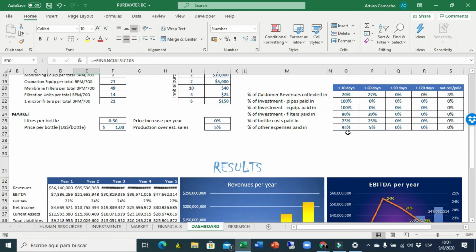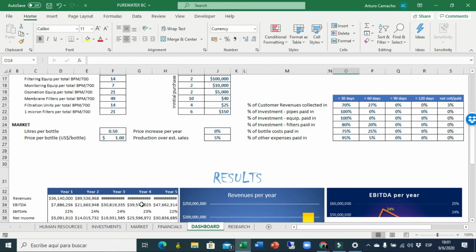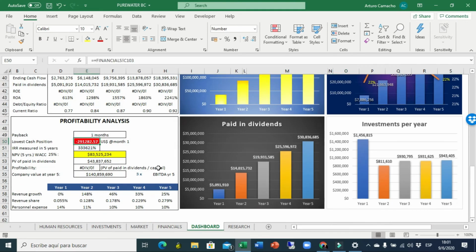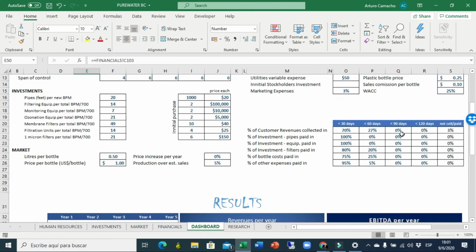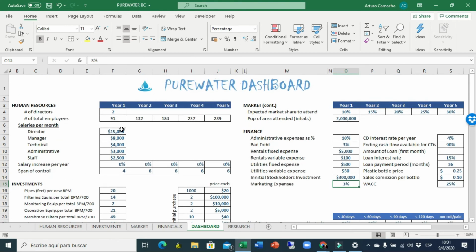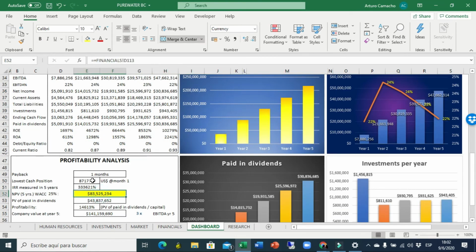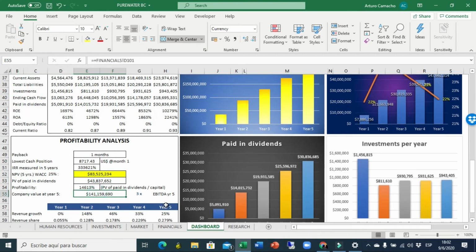Okay, so now let's forget about the loan or everything we did here, and whatever we asked to the investors, and see what is our cash position. So as you see, you need $300,000. That's all, and we're not going to ask anything to the banks. So we kept the 2 directors, the amount of employees, the inefficiency of our managers. With all that, our company is growing. So right now we have a good company that has a good cash position and could be valued at $141 million